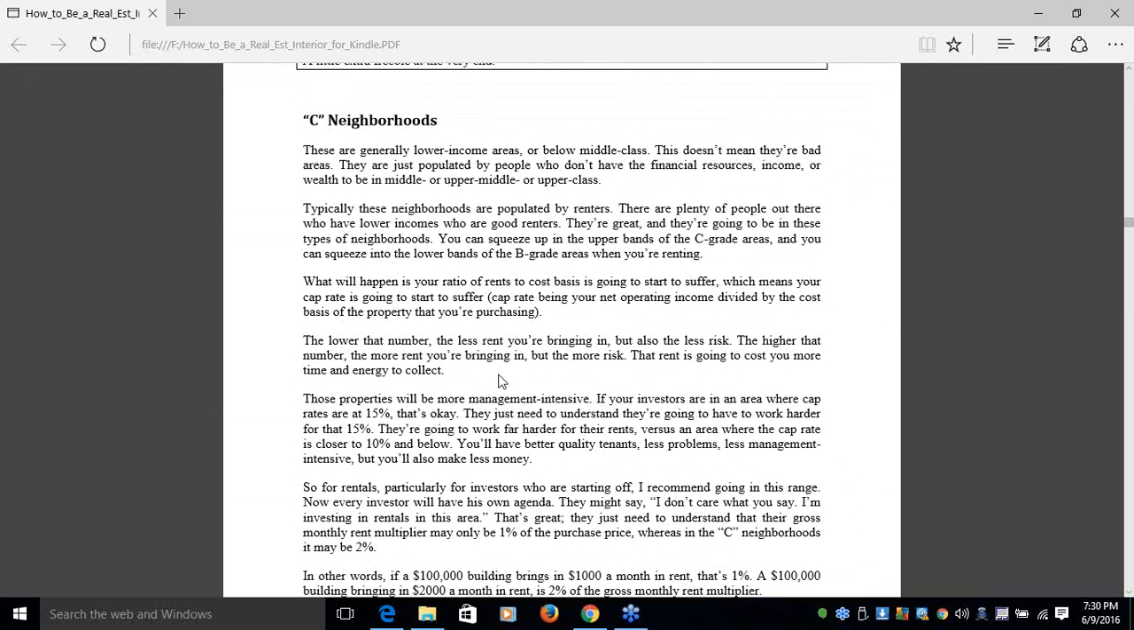Again, these are just generalizations. I just want to give you some ballpark items that you can write down and use, because I want you to practice this. I want you to go out there, make your observations, and start to develop your instinct. Okay. So in these areas also, you're going to start to see more multi-units, more duplexes, 4-unit buildings, things like that,